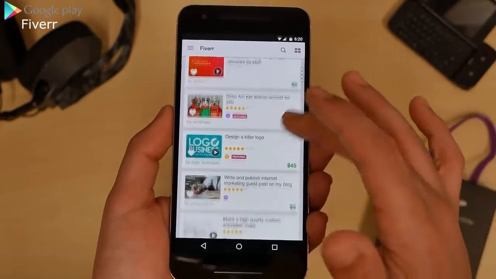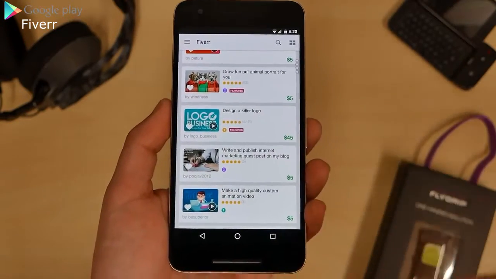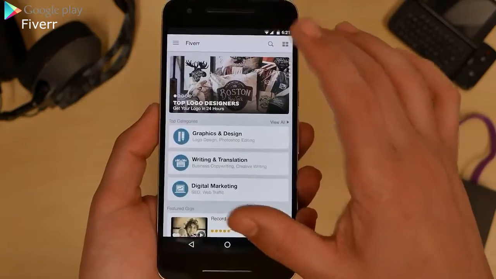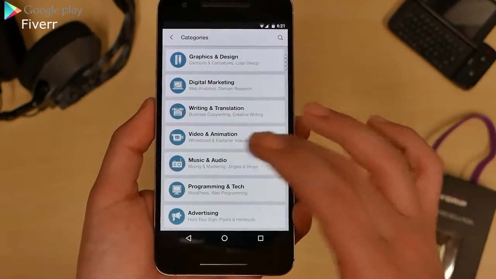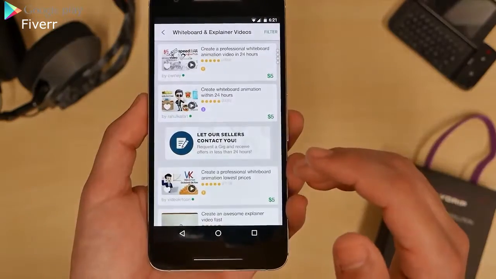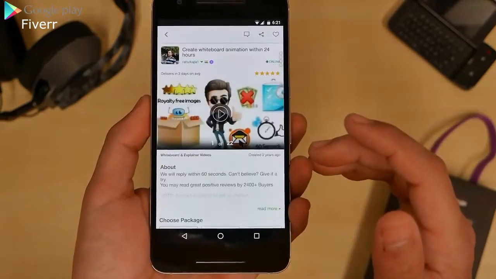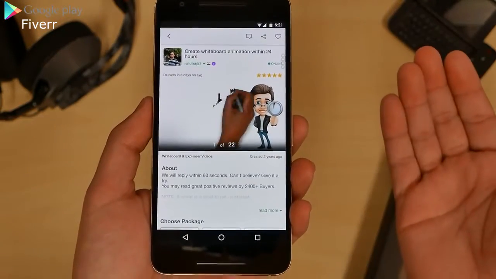Yes, you'll find a little bit more than that. You can see Design and Logo Killer because they do more than $5 worth. Let's click on here and go to video and animations. We see whiteboard. You can see how much it'll cost for someone to make you an animation like this within 24